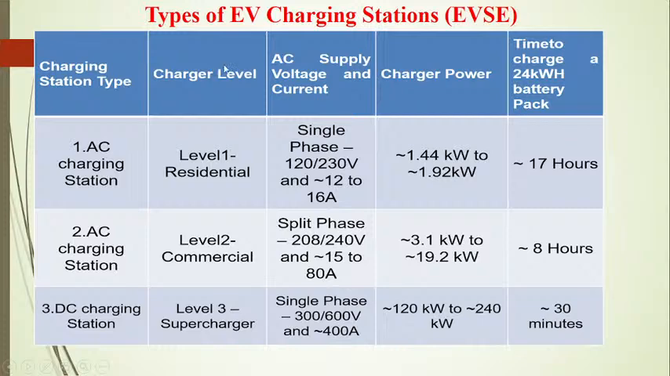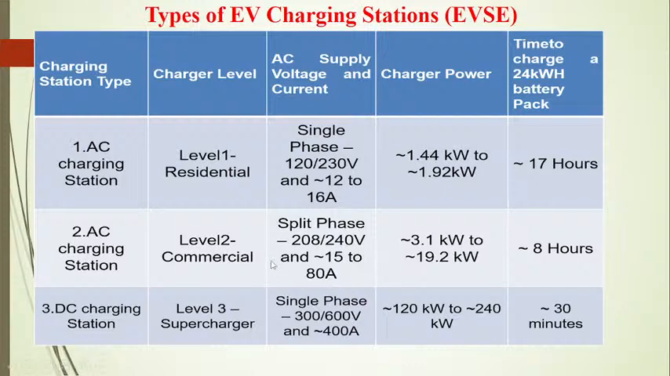Here we will see the types of EV charging stations. AC charging station is available in Level 1. It is single phase, 220 to 230 volts, and for AC it is 12 to 16 amperes, with charging power between 1.44 kilowatts and 1.92 kilowatts, and time taken up to 17 hours for a full pack of the battery. Coming to charging stations,